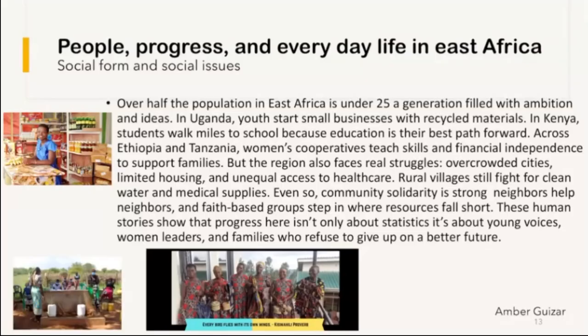These human stories show that progress here isn't only about statistics. It's about young voices, women leaders, and families who refuse to give up on having a better future. I posted a picture of a young lady on the top left, and then a community water pump on the bottom left. And on the very bottom is a picture of a